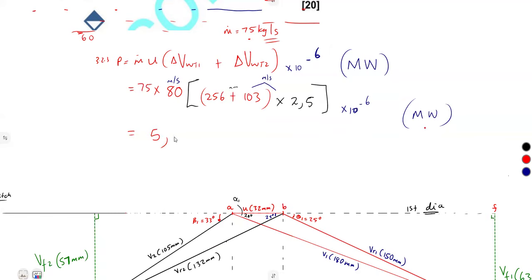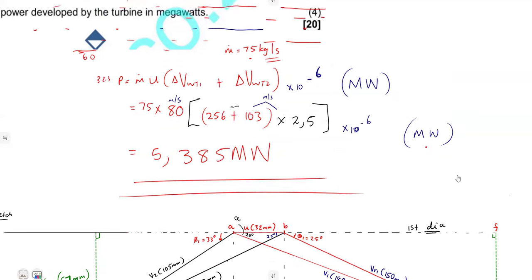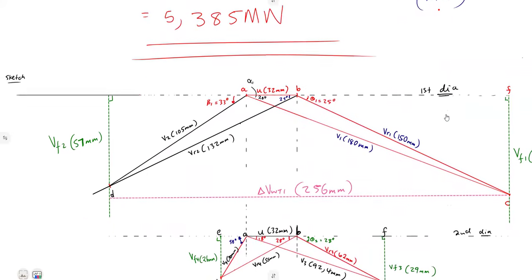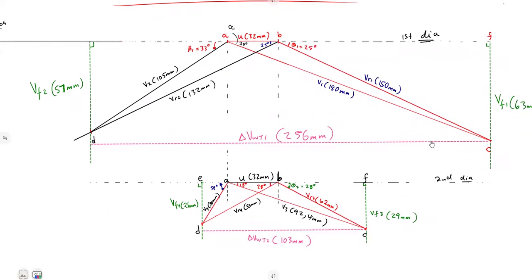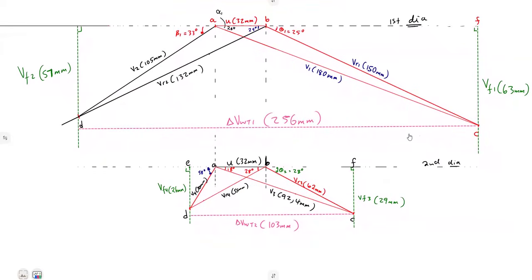So that was going to be 5,385 megawatts. As we are given that we must have our answer in megawatts, you can just do the conversion straightforward, direct from what you are given. All right, so as we can see, that is how these questions will be given in the final